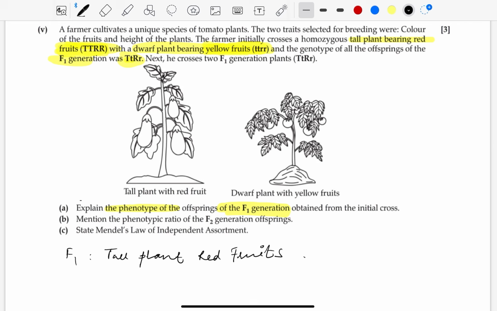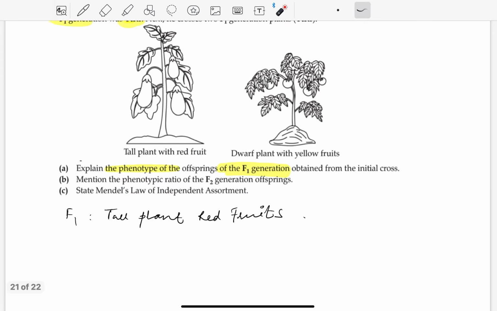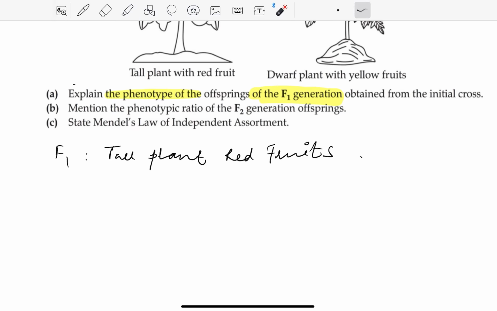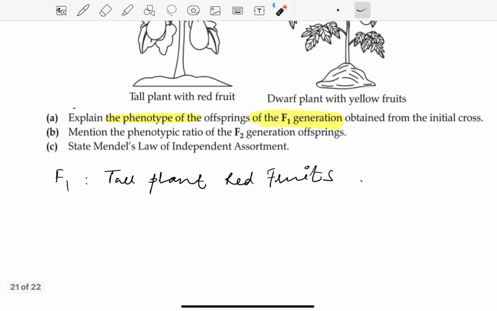Now, this is what you have mentioned as the phenotype, but look very closely again at what the question is asking. It is asking you to explain. So you have to explain why that phenotype is over there. You have to tell in detail why the phenotype is a tall plant with red fruits, because when we write that the F1 generation is TtRr,